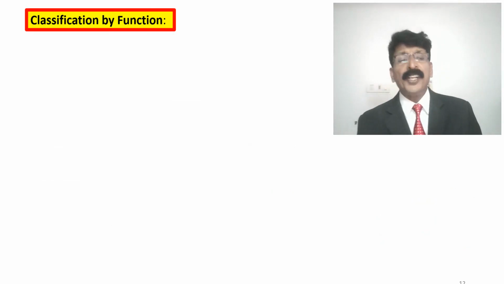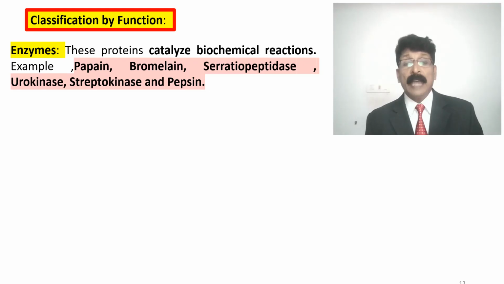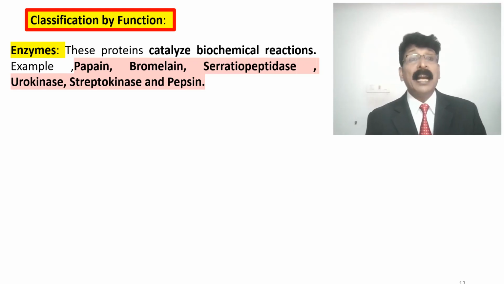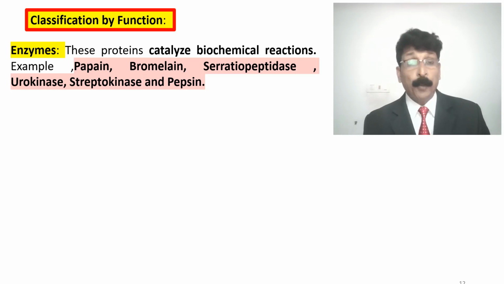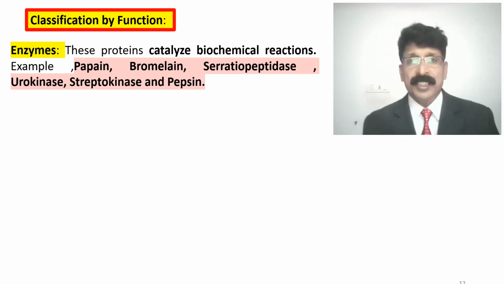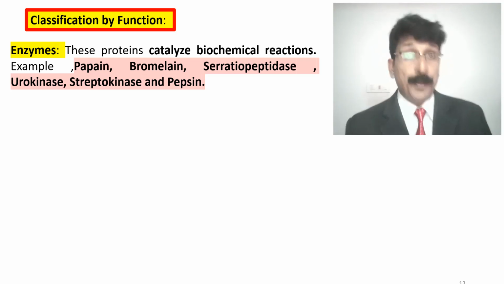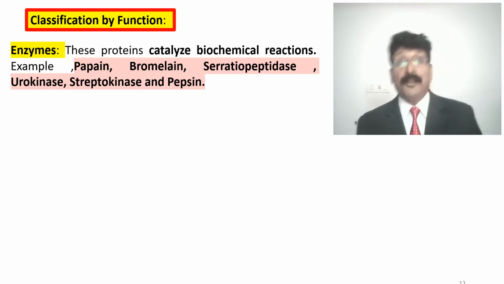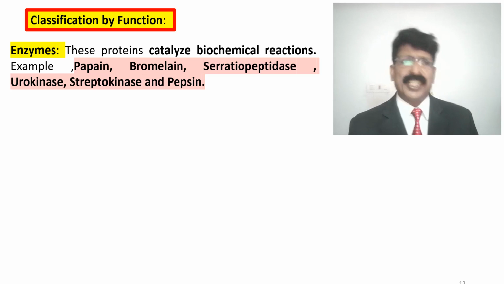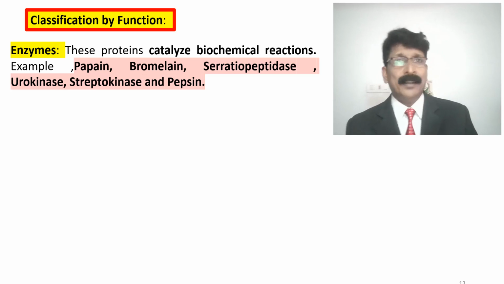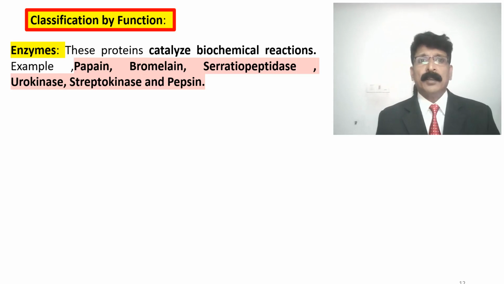Classification by function. Enzymes, we know that. I made it a little colored. Very important: enzyme proteins have very interesting therapeutic and physiological activity, and I have mentioned the important enzymes, so they should be remembered individually. You can refer and study also. These proteins catalyze biochemical reactions. Examples: papain, which is from papaya, bromelain, which is from pineapple,